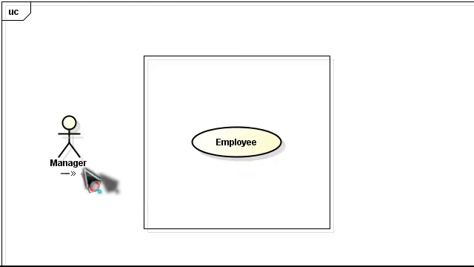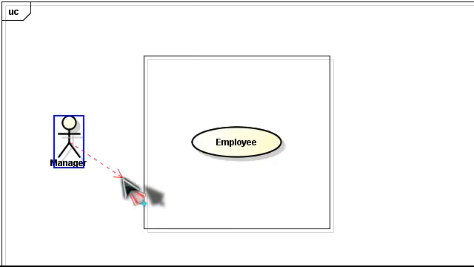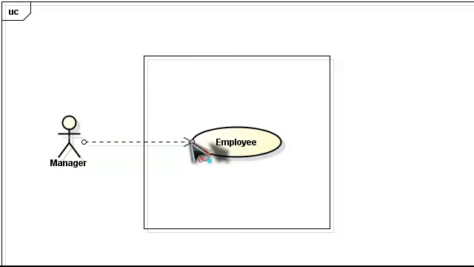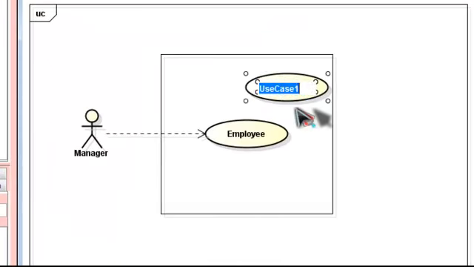To indicate the relationship of the two, put your mouse over the actor figure in the workspace, click the line figure that appears, select the type of association between the two, and simply point your mouse to the use case figure. If you want to add another use case figure, repeat the previous steps.